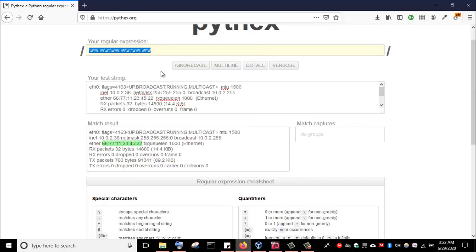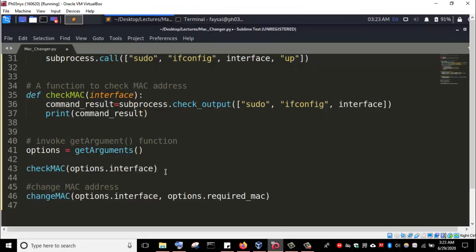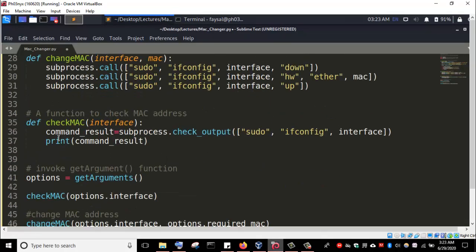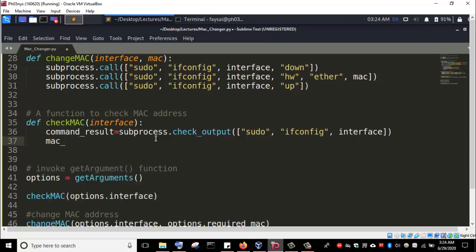I'll copy it, and then I'll go back to my editor, and then I can make use of regular expression now to extract this out of the search result, to extract the MAC address. Okay, and I will say mac_result or MAC address